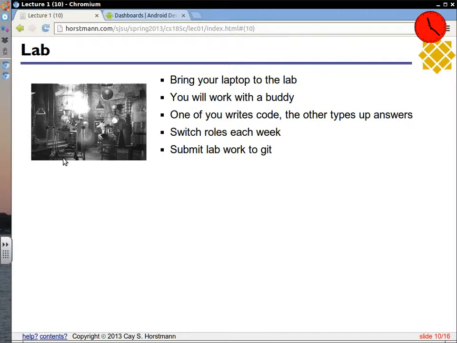So in the labs, we'll have a lab in every class. Hopefully I won't be talking quite as much all the time. The lab is supposed to be like 45 minutes long. Today we're barely going to get 20, so we'll pick it up next time. You bring a laptop, you do it in pairs. Today we'll just have some impromptu pair assignments, and I'll tell you in a minute what the pair assignment is.